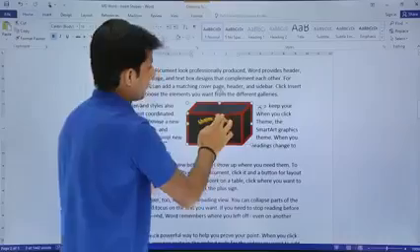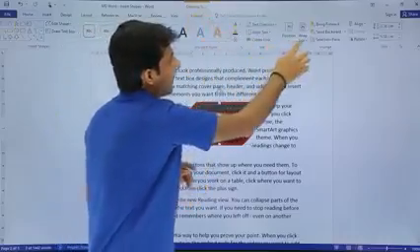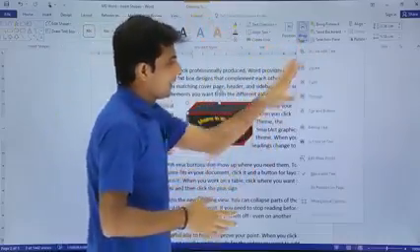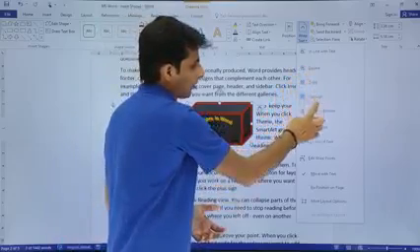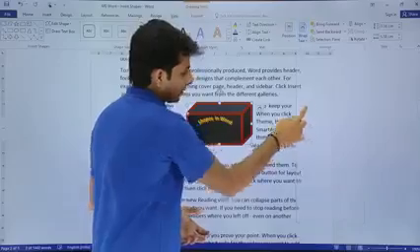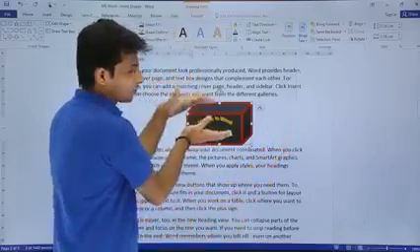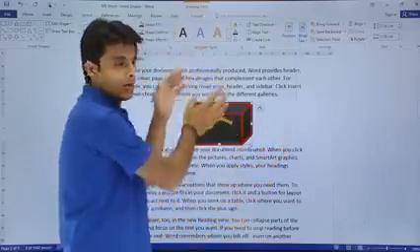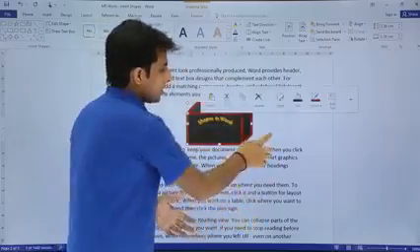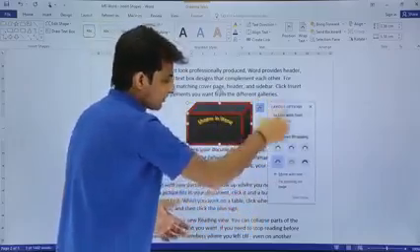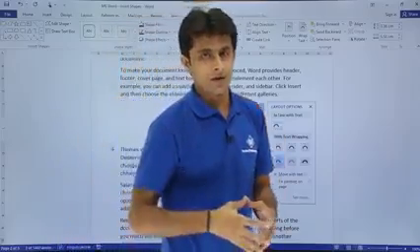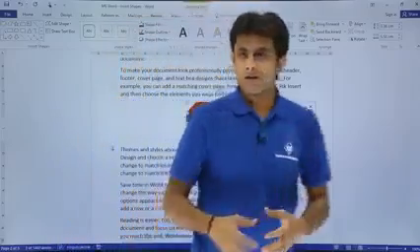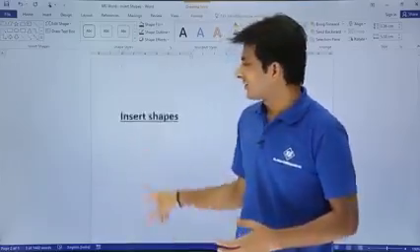So same way, if I click on this shape, go to format, I'm talking about this wrap text option, and a better way they have given here, that is the square, tight, through, and the top and bottom. So if I select top and bottom, what happens is the text will be at the bottom and at the top. In the middle portion there will be no text. So that is the shortcut which you can use to select the position of the image and the text which should be surrounded.